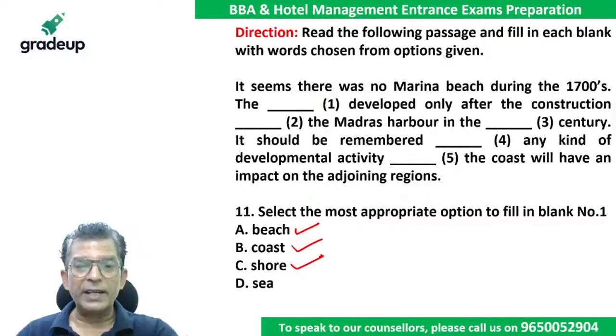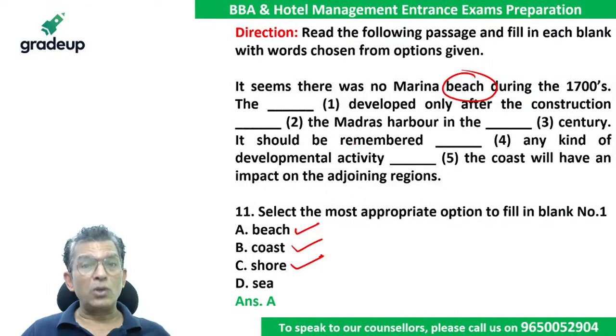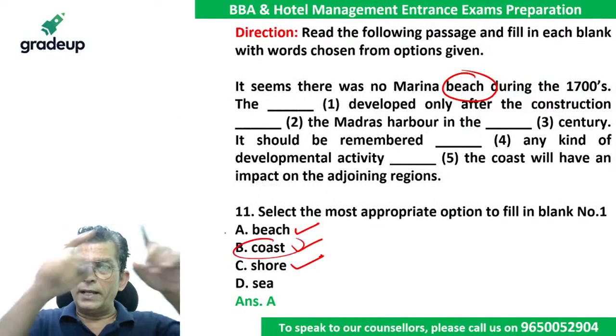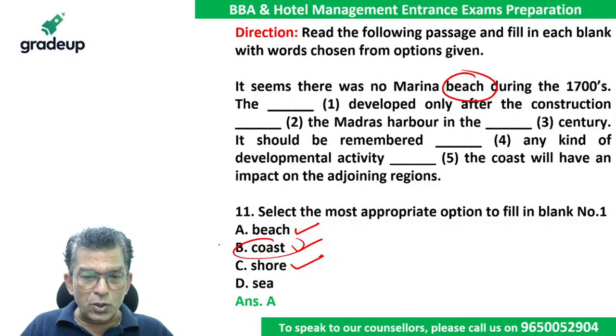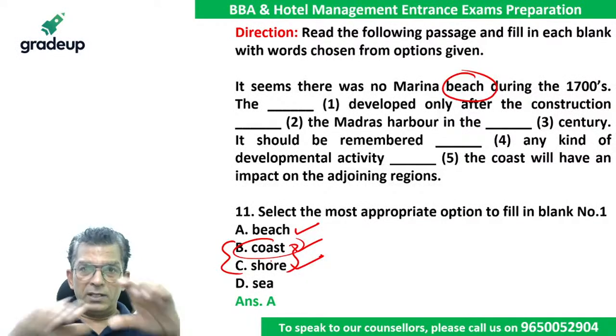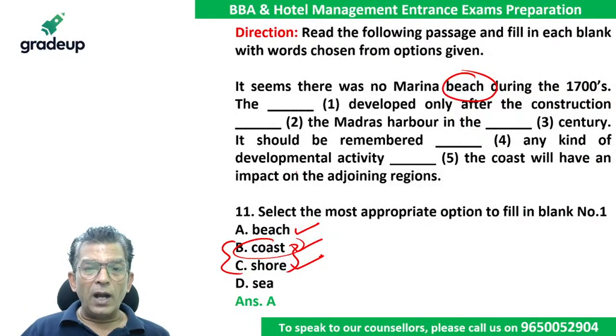बीच ही लिखेंगे। वेरी नाइस, बिकॉज द वर्ड इज ऑलरेडी रिटन सर, यहां तो वर्ड ऑलरेडी लिखा ही हुआ है। देयर वाज नो मरीना बीच ड्यूरिंग द 1700s। बीच तो डेवलप्ड है, ठीक है, डेवलप भी किया जा सकता है। सो कोस्ट तो पूरे लाइन को ही कोस्ट लाइन बोलते हैं। मरीना बीच इज वन दिस वन। कोस्ट एंड शोर मीन द सेम, इट्स अ लॉन्ग बेल्ट, बीच ही होना चाहिए। वेरी गुड, देयरफॉर the marina the beach was developed